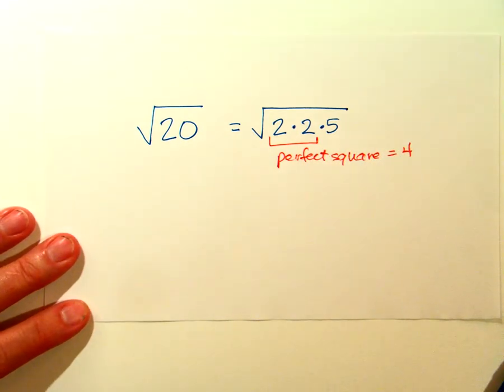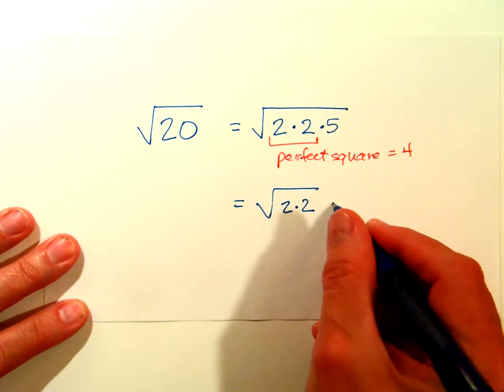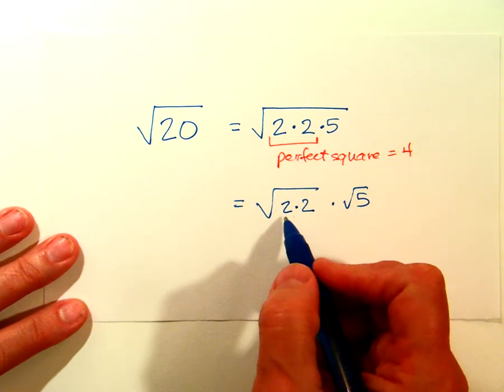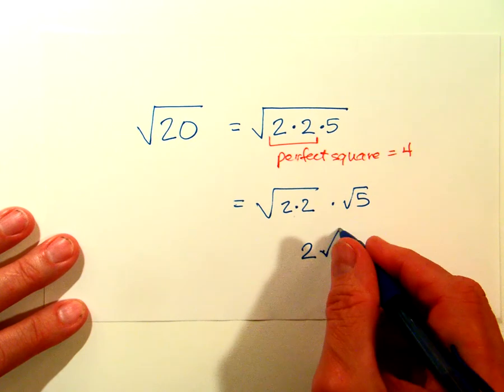A simplified radical cannot contain a perfect square. So we can rewrite this as the square root of 2 times 2 times the square root of 5. You're allowed to do that. We'll talk more about it here in a moment. But for right now, you can just kind of watch. Okay, what is the square root of 2 times 2? Well, it's 2 squared and unsquared, so it's back to 2. And then the square root of